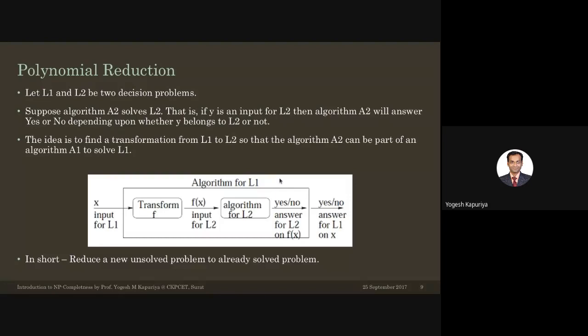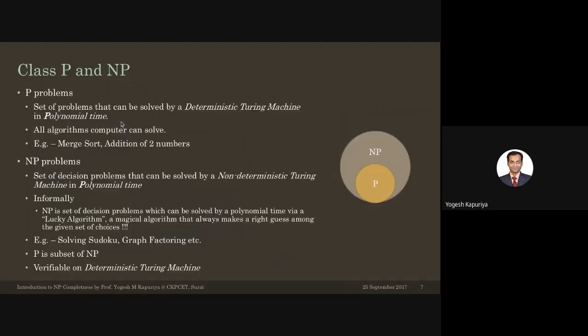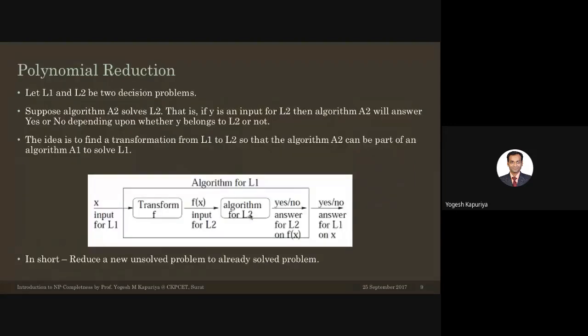And what scientists are doing is trying to reduce all the problems in NP to P. So basically they are interested in making these equal, right? But for that you require some mechanism, and that is theoretically supported by a method called polynomial reduction. In this graph, you can easily understand that you have these algorithms.